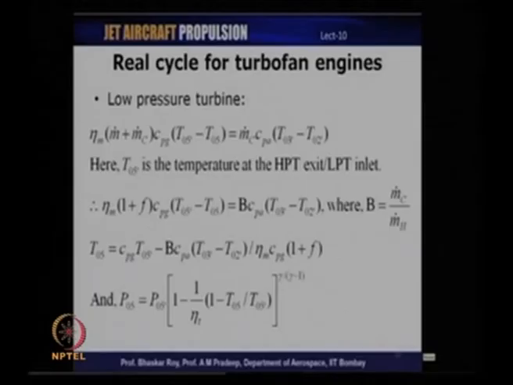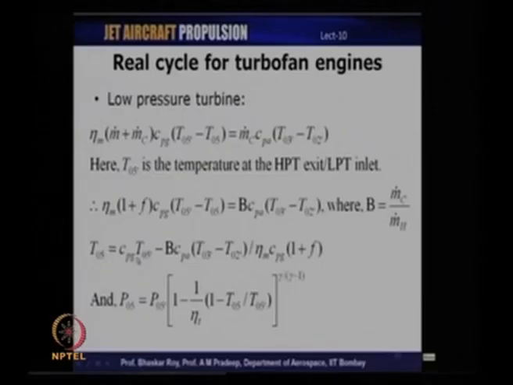At the LP turbine, the LP turbine work output will be equal to the fan work input. So, here again we equate the work required by the fan to that of the LP turbine output. Mechanical efficiency times mass flow rate into Cp into T05 prime minus T05 is equal to mass flow rate through the fan, m dot C, because that is the cold mass flow passing through the bypass duct, into Cp into the temperature difference. If we simplify this, we can calculate the turbine exit stagnation temperature T05, which is equal to